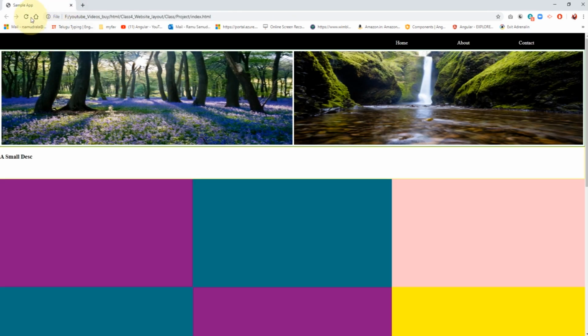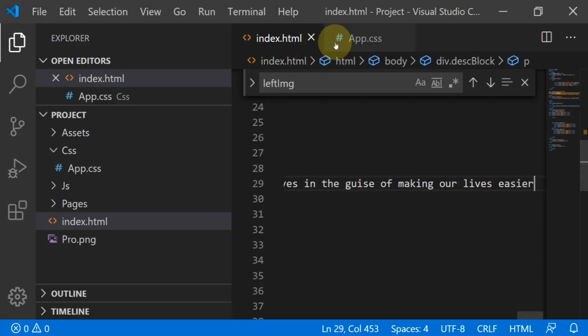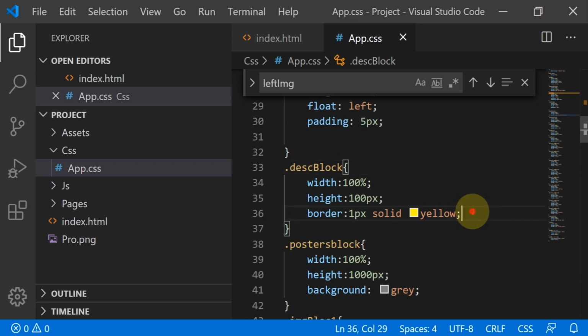Yeah, a small description, but the text is starting from the left 0 origin, right? So the first character is not visible. So for that I have to maintain equal space like images, okay. So here also we need to give padding, the description block, so this border not required, okay.